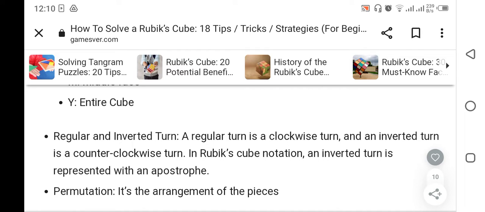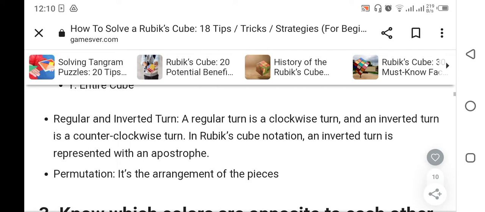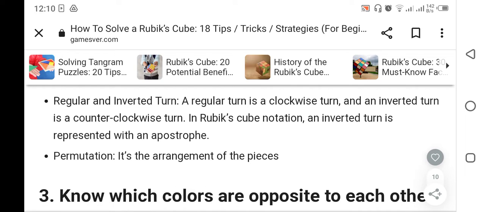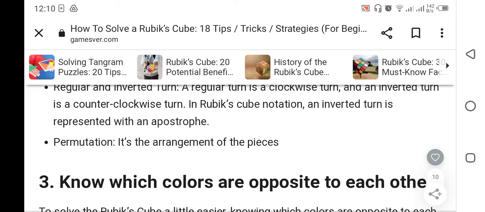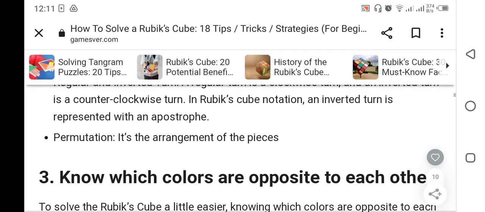Regular and inverted turn. A regular turn is a clockwise turn, and an inverted turn is a counterclockwise turn. In Rubik's Cube notation, an inverted turn is marked with an apostrophe. Permutation. It's the arrangement of pieces